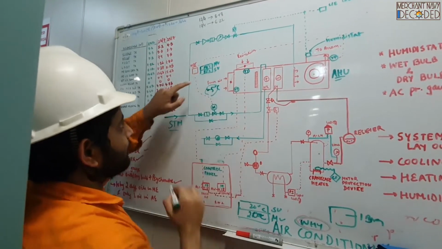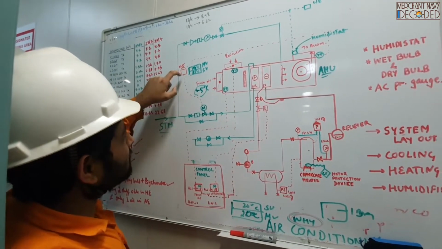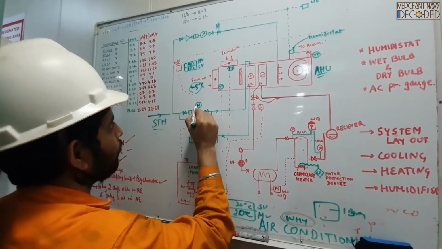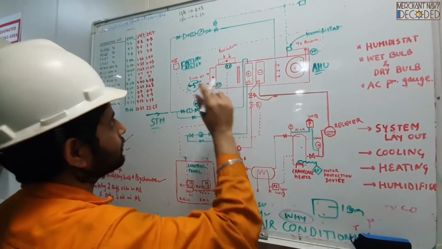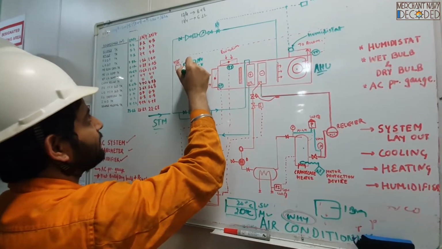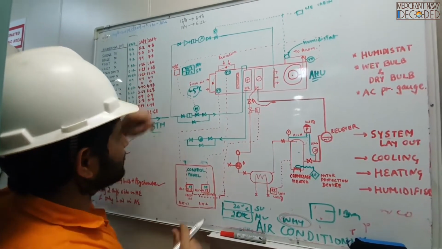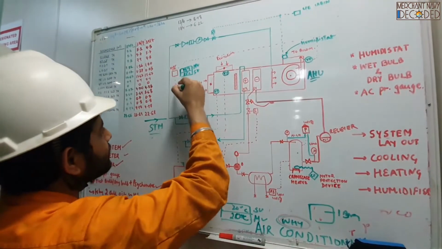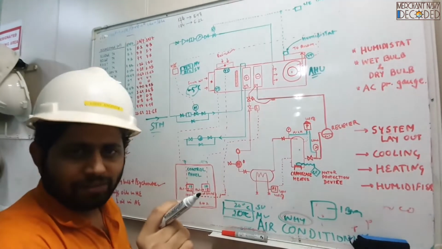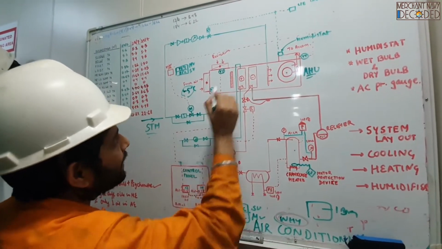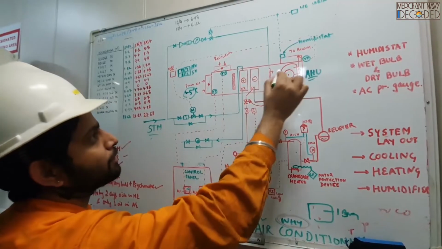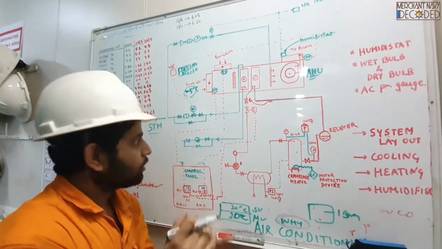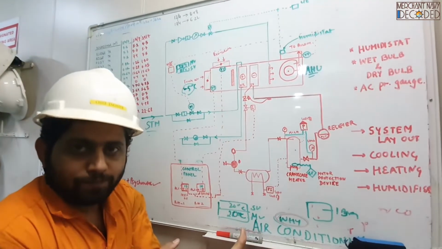It becomes 14. But I want 20 degrees. It says no, still a 6 degree difference is there. Open the valve more. So the valve opens automatically, more steam goes in. Now it becomes 18 degrees. Now it says it is 18 degrees, open a little bit more, or maintain this. Accordingly, the control signal will say, okay, open now a little bit. The valve opens slowly and then maintains 20 degrees centigrade temperature over here. When it comes to 20 degrees, the controller says okay, stable. Now don't open this valve more, I want this much.